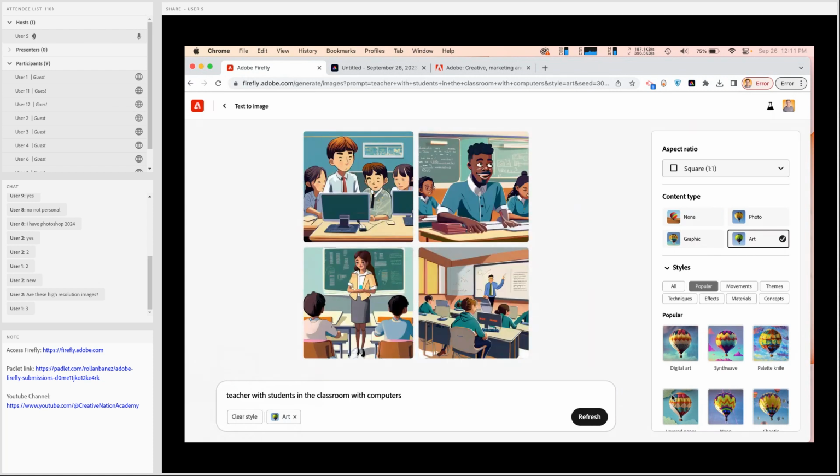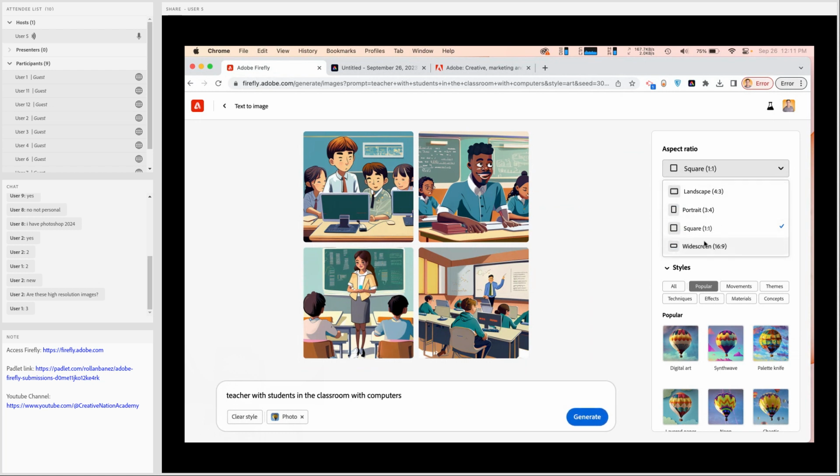You would see that by default it has the following properties. For example, this one is an art generated design from this prompt, because as you would see on the content type, we have art here. But if you want, you can just generate a photorealistic asset, and you can easily choose from one ratio to another.